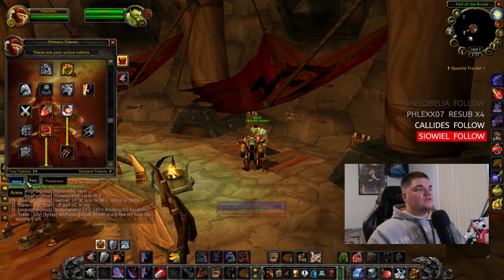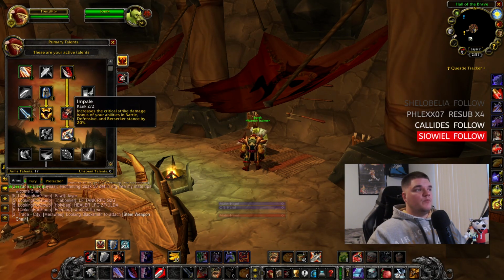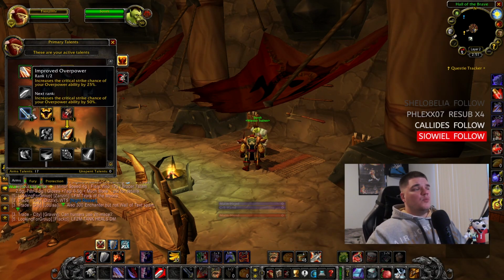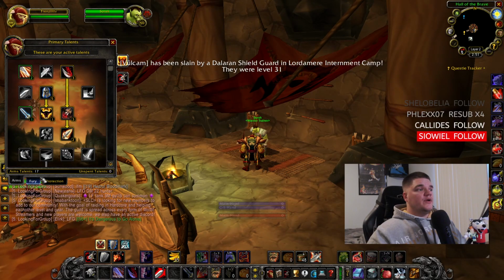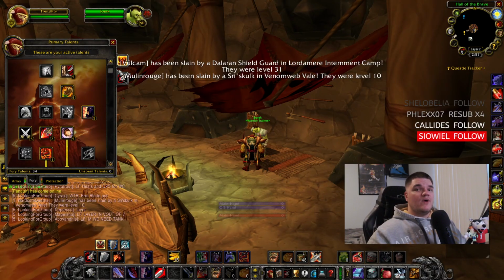Again, we went over this. Mainly here, you want to look for that tactical mastery. You want to get your deep wounds, your impale, your anger management, which increases or decreases, I guess you could say, your rage decay. And that 1 point in improved overpower, which isn't that big of a deal. It's mainly just there so we could get to impale. Now this is your primary DPS build. This is really the only DPS build you should be using when it comes to WoW Classic as a dual